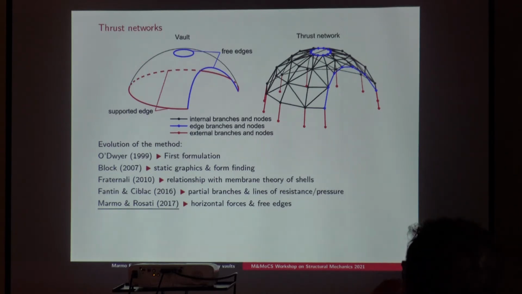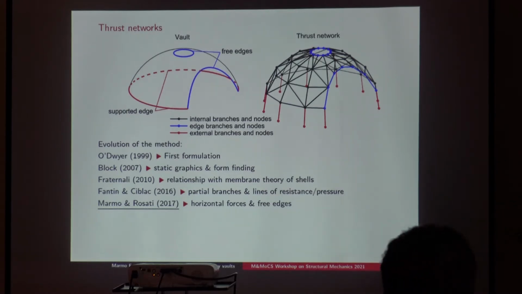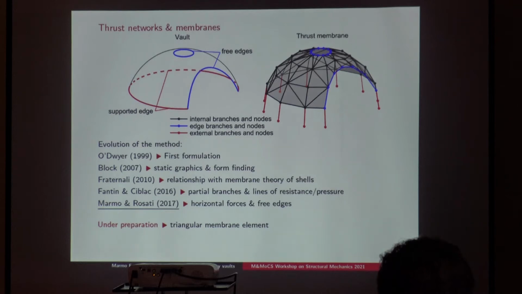And the last and most interesting one, of course, is the one by me and Professor Rosati, in which we included the possibility of applying horizontal forces, and we described how to handle the free edge of the vault. And today I'm talking about a further extension of these methods, in which the truss network is substituted by a truss membrane. And this is done by including a triangular element inside the lattice of the